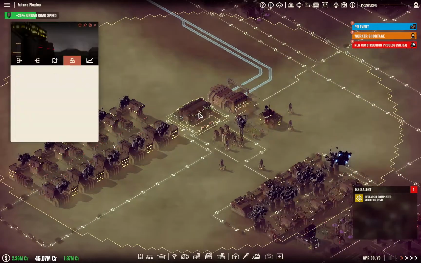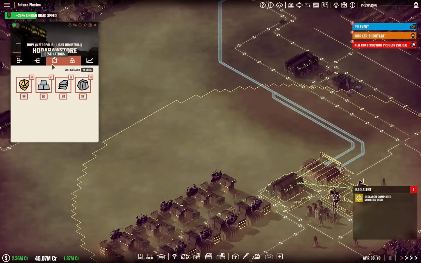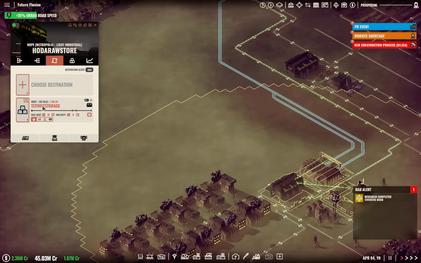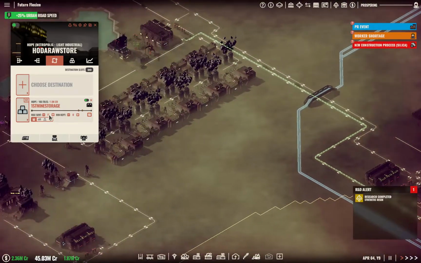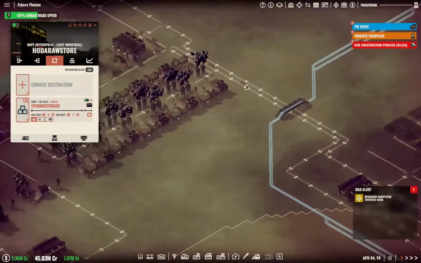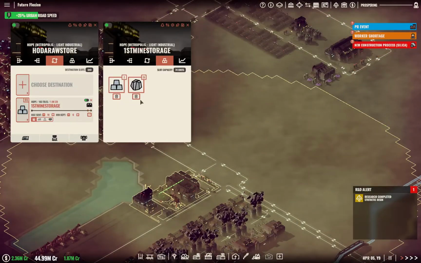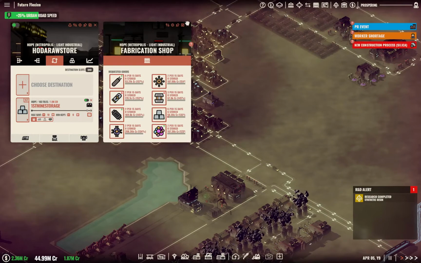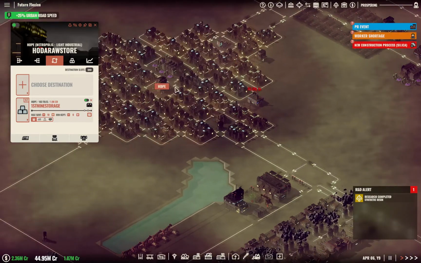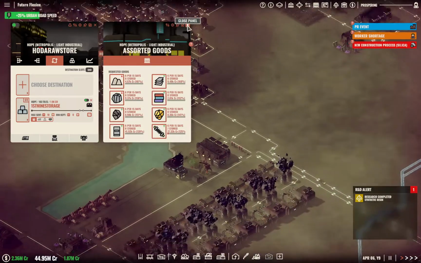And we have a little bit of that hodogrium, which is weird because destinations max sent 10. Yeah, because this daisy chains into this one, and then this one automatically delivers, I think, to... It's not the fabrication shop. It's one of the others, right here, assorted goods. No, it's not that one either. Where...